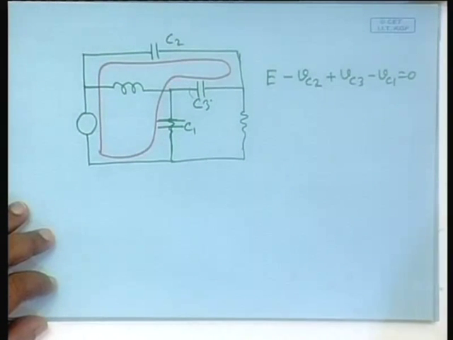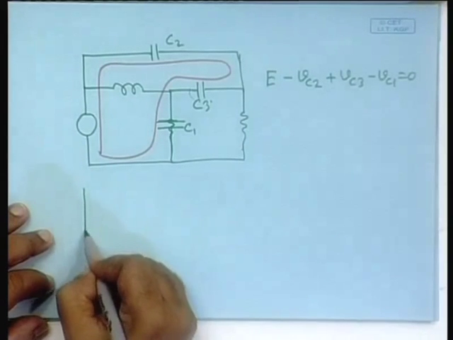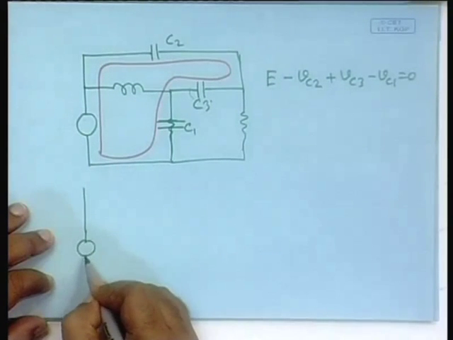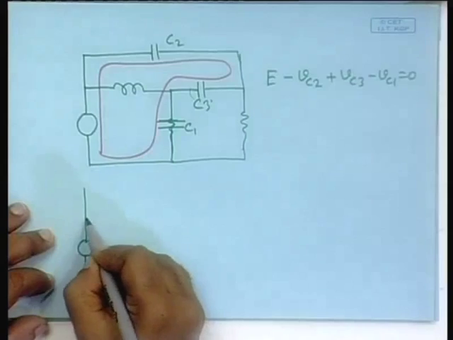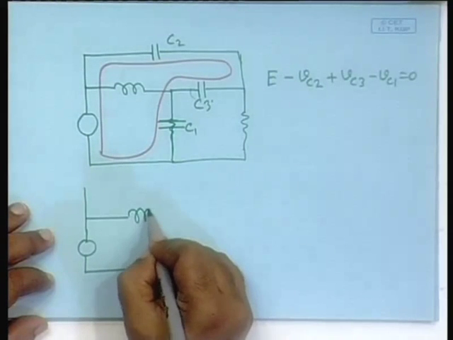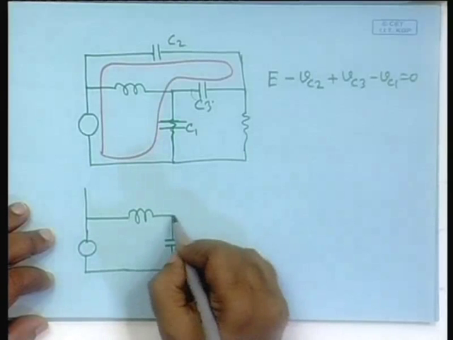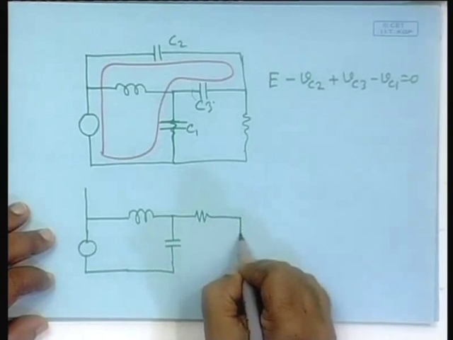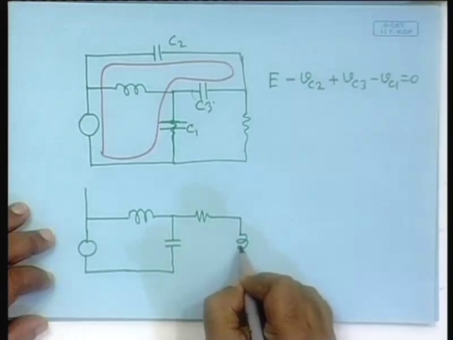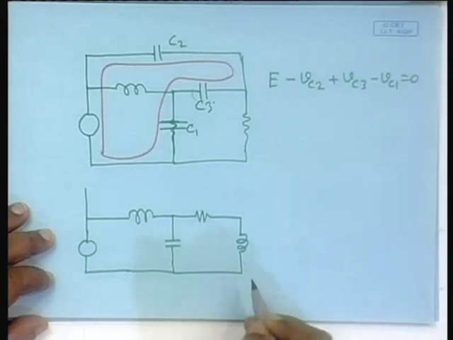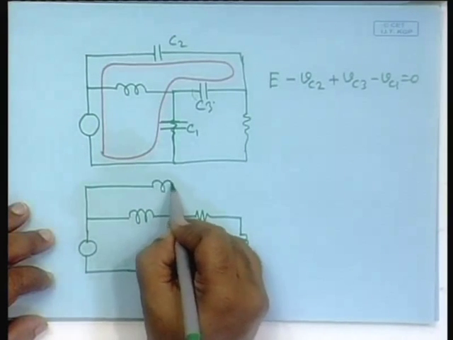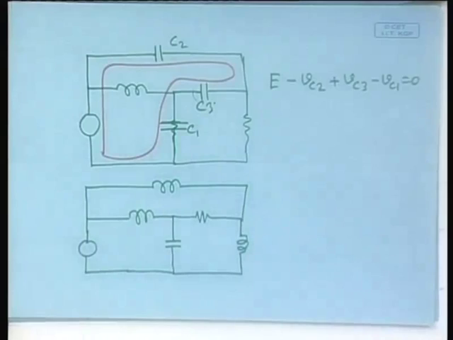Say there is a circuit something like this. I again make a small replacement. Here is the voltage source, here it was the inductor, and here it was a capacitor, that remains the same. Here it was a resistor, that remains the same. Here only I replace it by an inductor, and here also I replace it by an inductor. Suppose I have a circuit like this. See the problem.